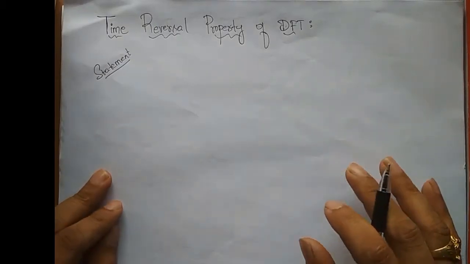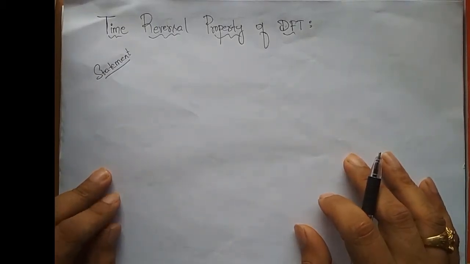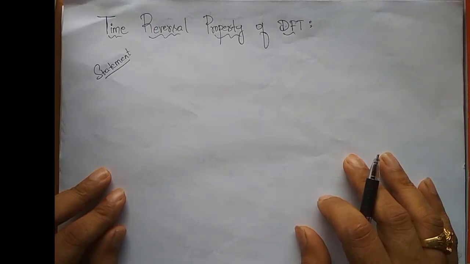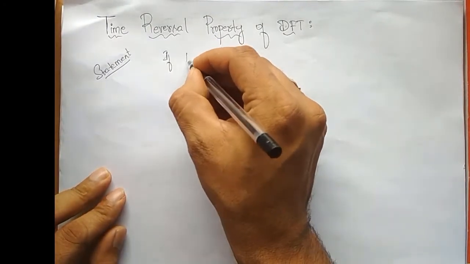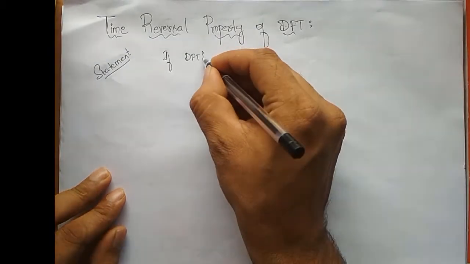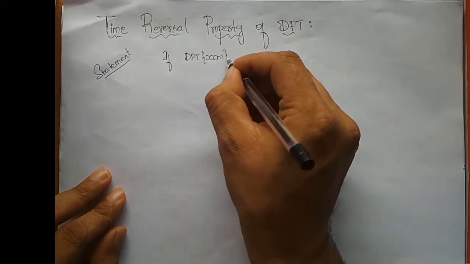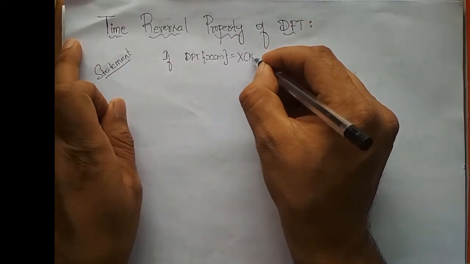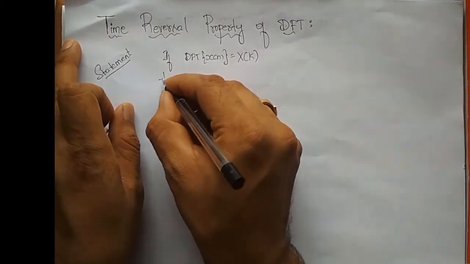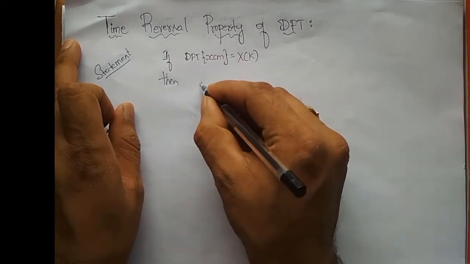In this lecture, we are going to prove the time reversal property of DFT, and the statement says that if DFT of x of n is equal to X of k, then DFT of,